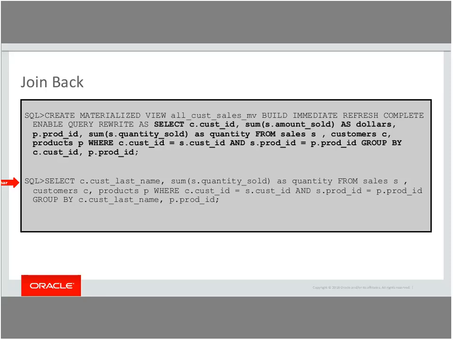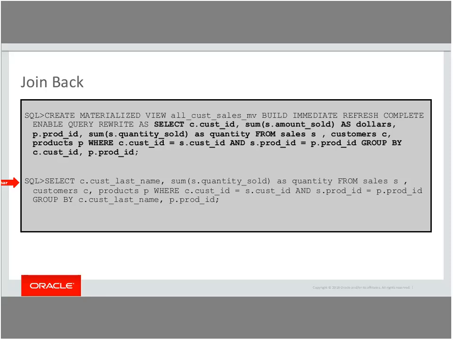all_customer_sales_mv is the materialized view, and customer_last_name is functionally dependent on customer ID because of the hierarchical relationship between them.